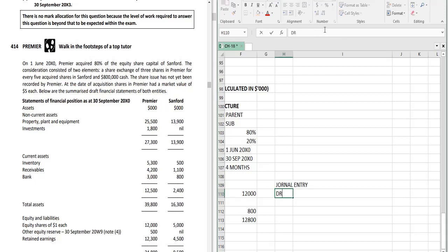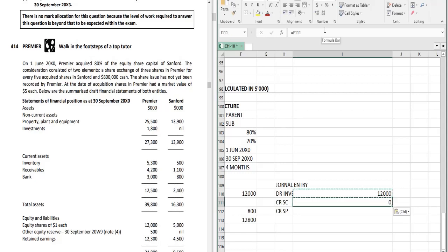So first we will debit investment, and then credit share capital. I will write in shortcut. Then credit share premium. So the investment, we have already calculated, that is 12,000. And in the case of share capital, we will copy this same, but only the difference will be